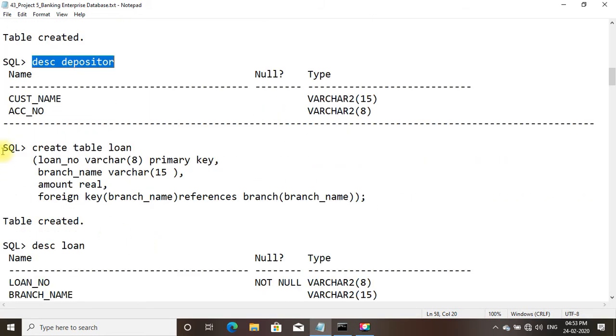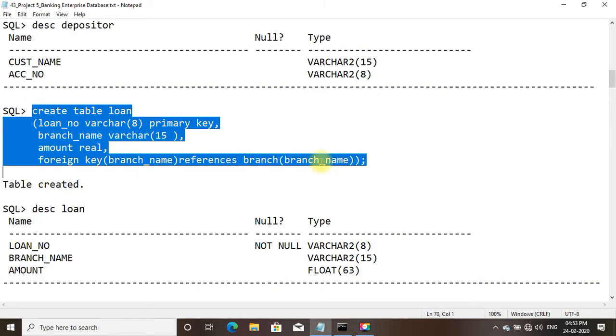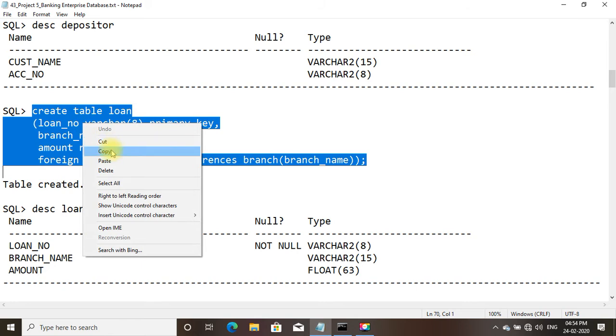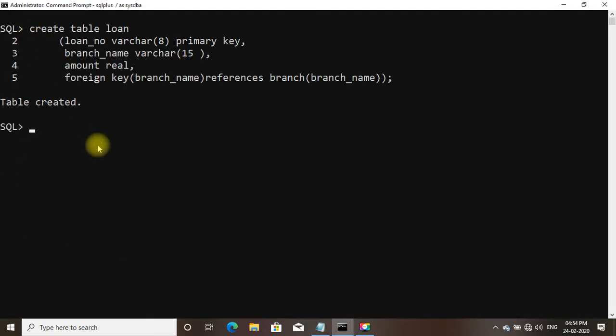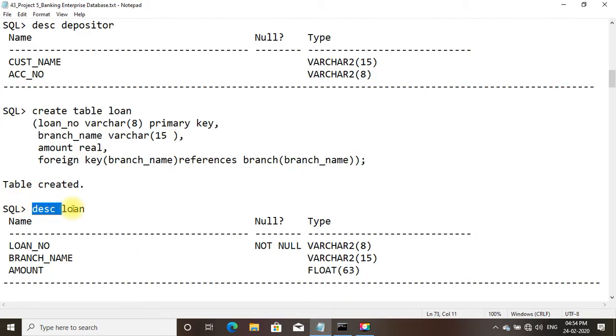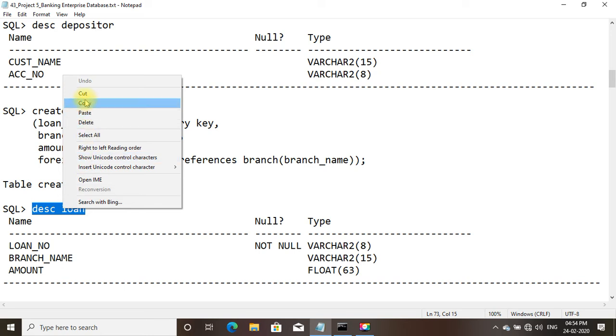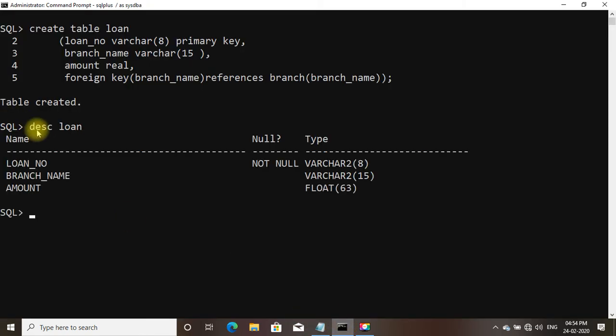Now after depositor we shall come to the table loan. Can see table created. Describe loan. So you can see the structure of the loan table: loan_number, branch_name, and amount.